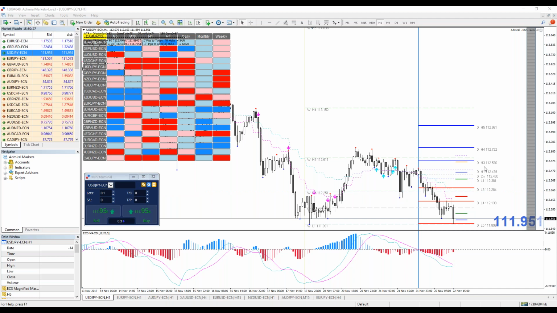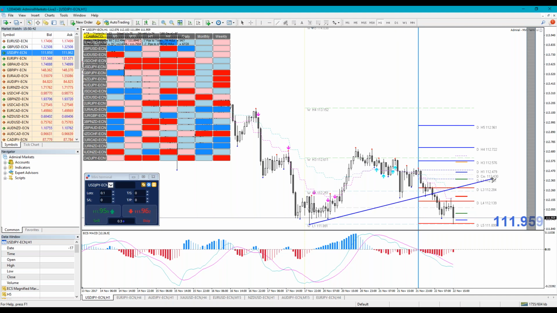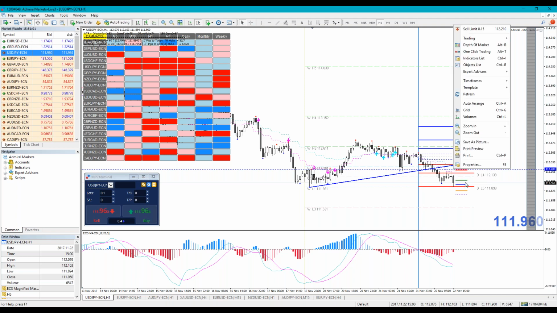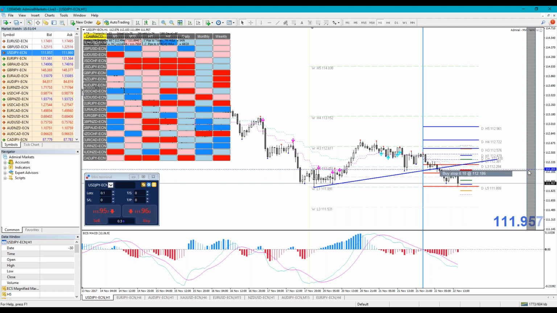Here definitely we have a bearish trend, and I see a potential for a 1 hour entry close to my Camarilla confluence with a trend line and order block. Here we have a trend line. This is an order block here indicated by my indicator, and this is the empty space between the order block and the daily L3, and this trend line cross is the zone where we should trade. I will initially place my order here, and it will be a sell limit.